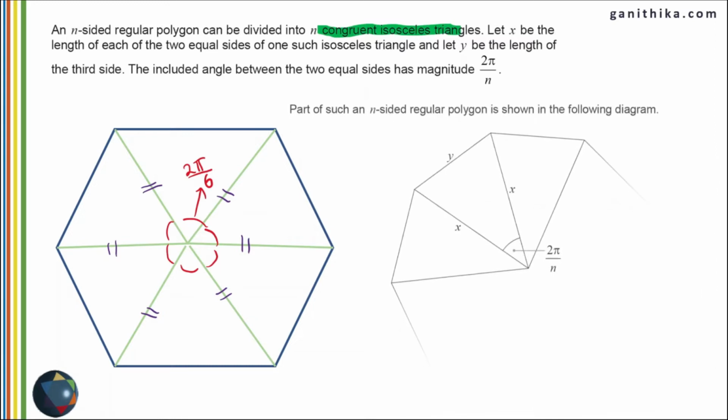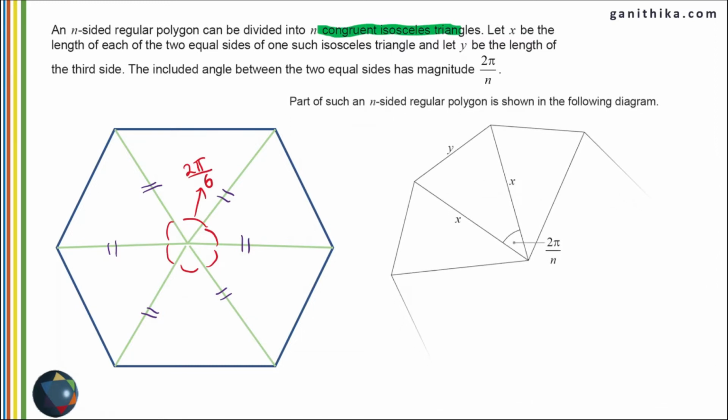This is also shown by a diagram in the question itself. Since this is given for an n-sided regular polygon, it will be helpful if you understand this by using a simpler polygon such as a pentagon or hexagon as I drew now. So, for an n-sided polygon, you can see an isosceles triangle with x as the equal sides and y as the side of the polygon. You can also notice that the angle of the isosceles triangle is 2 pi over n because the polygon has n sides. Therefore, the 2 pi is divided by n to make the angle for one isosceles triangle.